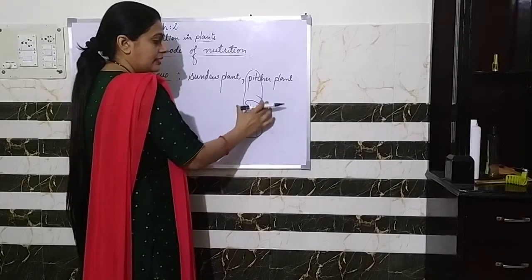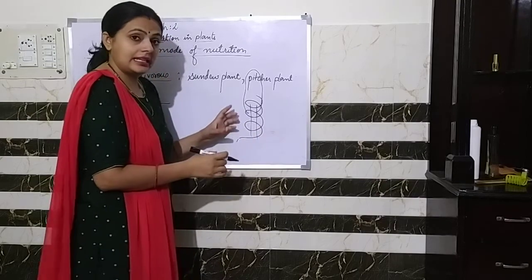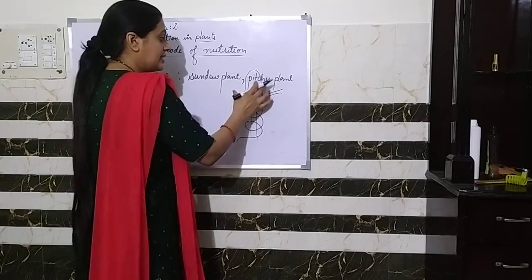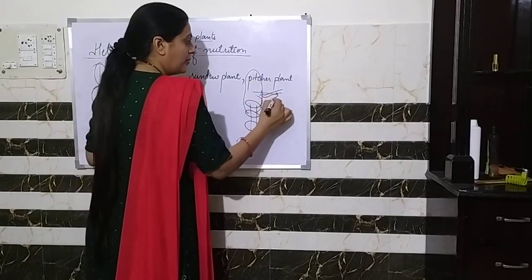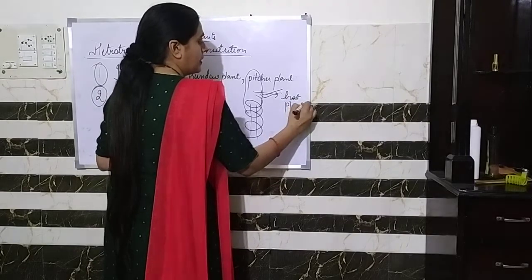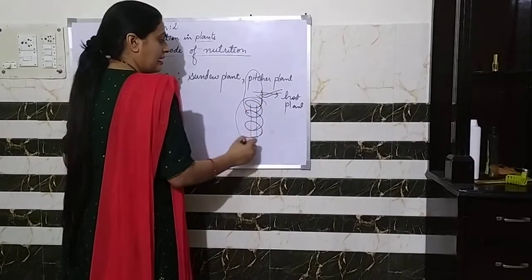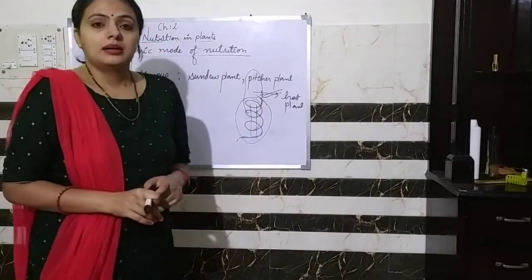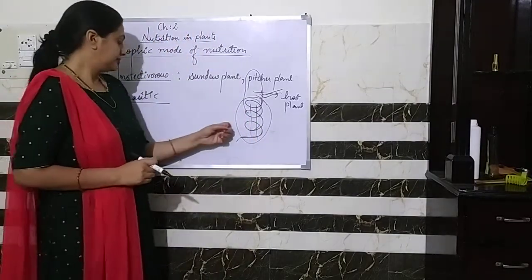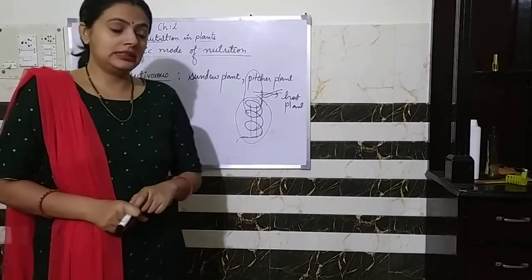And this climber, the plant that has climbed, will start gaining nutrients from this particular plant. And what is this particular plant? This plant is known as the host plant, right? And this climber is known as the parasite. So this climber takes its nutrients through the parasitic mode of nutrition.